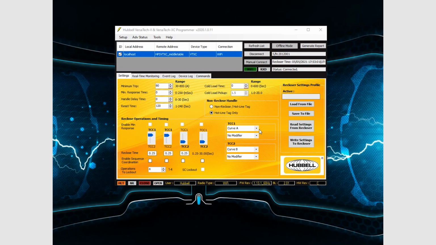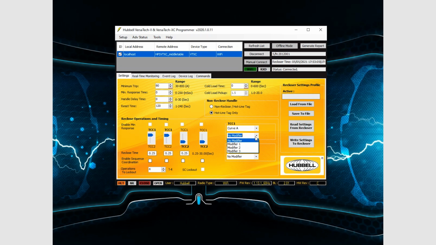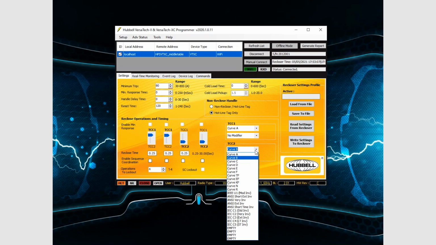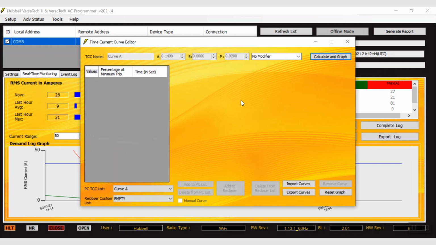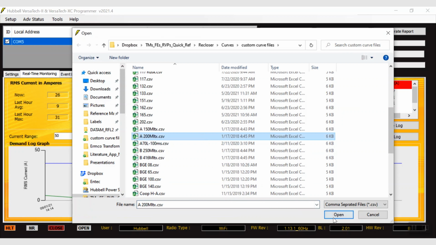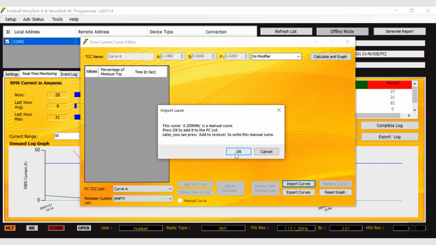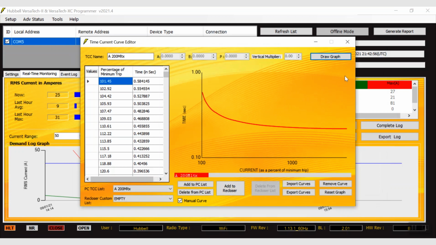If the Versatech is in a one-shot mode, the recloser state will indicate that mode in the UI. Finally, the user may choose up to 2 TCC curves to program on up to 4 shots or reclose operations. All Versatech reclosers offer a standard set of 11 curves, each having 3 modifiers which are stored on the recloser control. Dependent on the Versatech type and firmware version, there can also be either 4 or 10 additional curves stored on the control board. Additionally, the Versatech XC and 2 reclosers include a TCC editor within the UI, in which manual or custom curves can be added to the recloser control and/or stored in the UI for later programming.